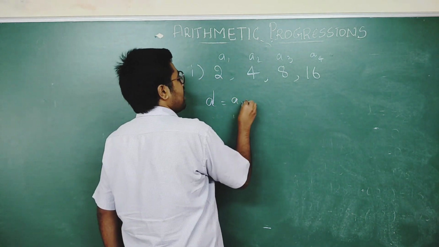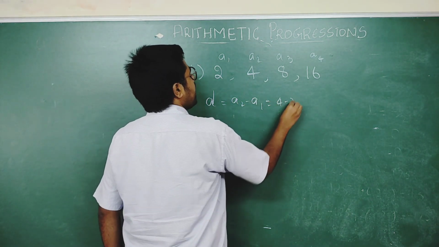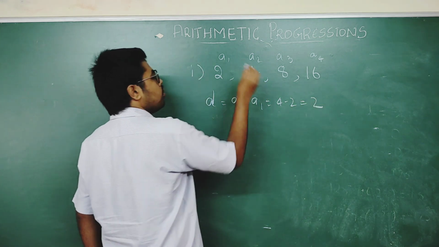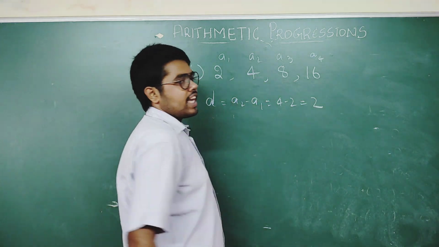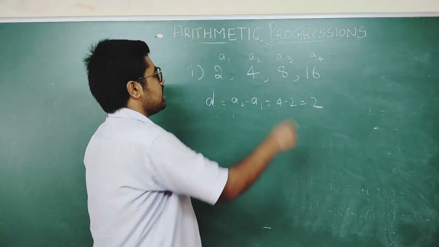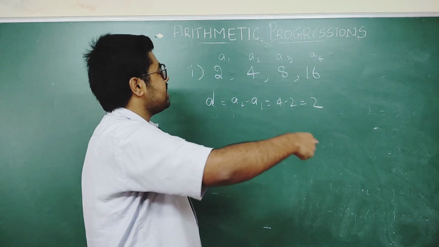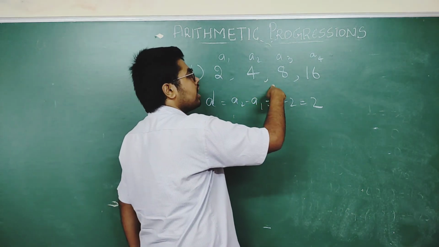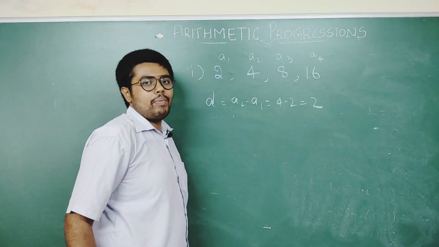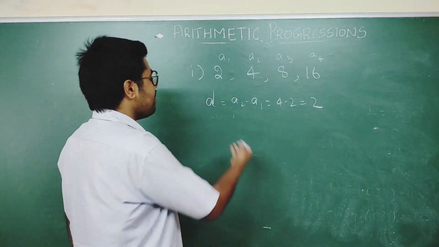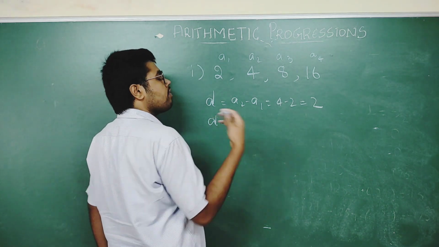So A2 minus A1. So 4 minus 2 is 2. It increases by 2. Actually, by seeing only we can tell, but let us solve it. By seeing also, 2 to 4, again 4 to 8, again 8 to 16. There is no common difference here. 2 increase, suddenly 4 increase, and suddenly 8 increase, and this cannot be AP, right? But still we will do it. So one more common difference. How do you find one more common difference?